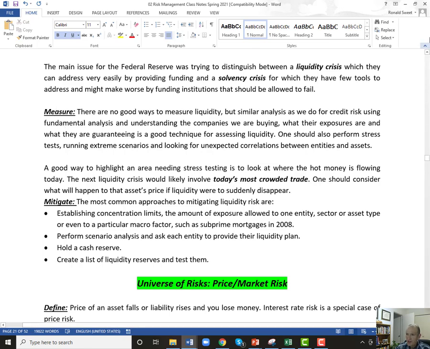Stress test is, and you'll see this on the liquidity a lot, probably the number one way firms assess liquidity. That's what we did at UTSA with our ALCO committee. We would meet quarterly and we would run through liquidity scenarios. What would we do if this happened? What would we do if this happened? We had close to $30 billion in liquidity resources, and we think through each scenario. What if our bank has problems, where we could invest in our bank CDs? What if the life insurance company has problems? We could fund them more, give them more capital, or there's just different things that we could do. We went through all those scenarios, but liquidity is a really tough one.